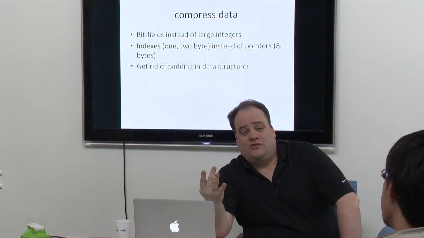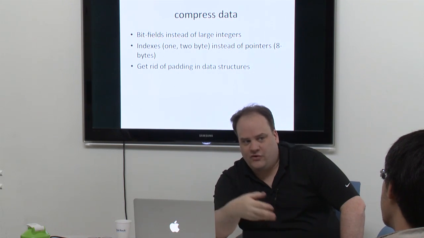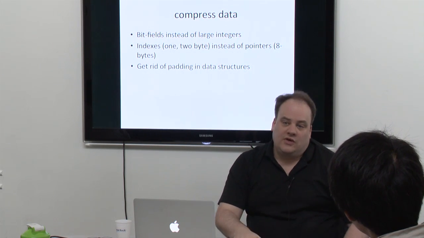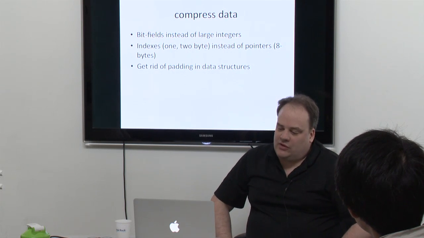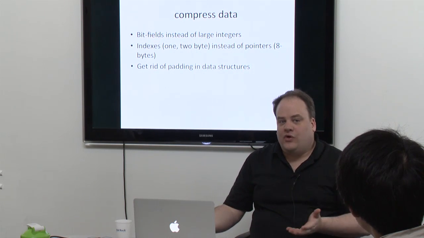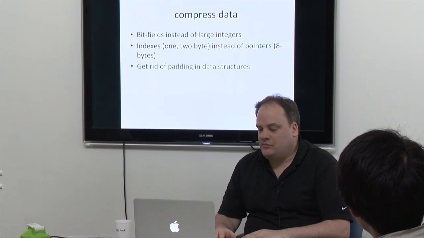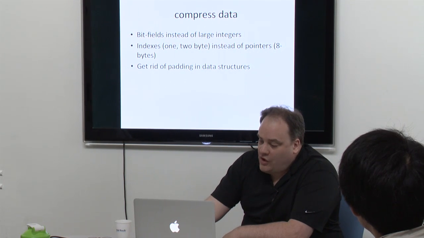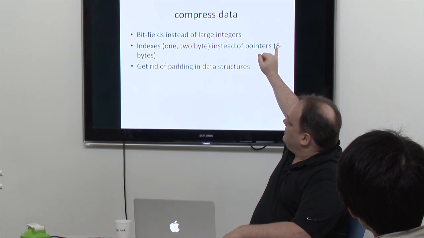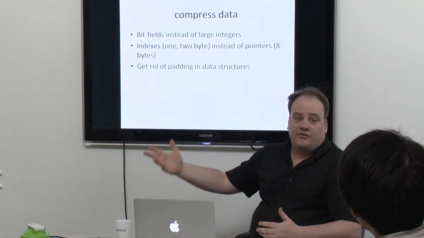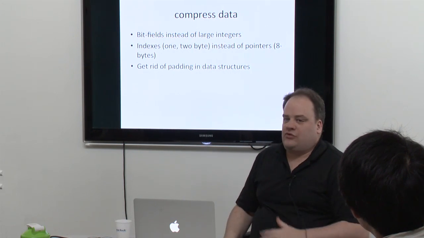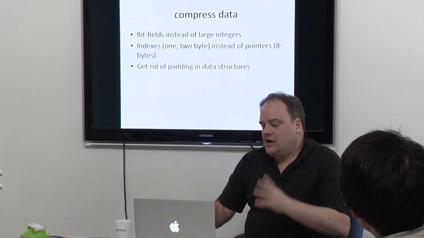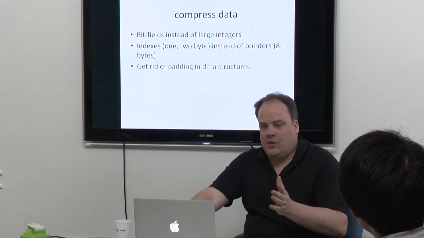You've got 4 execution cores now on x86, so these cores aren't being used, and you're only getting maybe 2 instructions per clock instead of the full 4. And bit fields, all they really do is increase the number of instructions you're executing, but not the number of clock cycles, most of the time, or a lot of the time. It's a lot faster than you think. Also, instead of using 8-byte pointers for things, maybe have a base pointer and then an offset, and index your data structures that way. Also, data structures have padding, so get rid of the padding. So think about the cache lines and what you're doing and how big your data structures are.